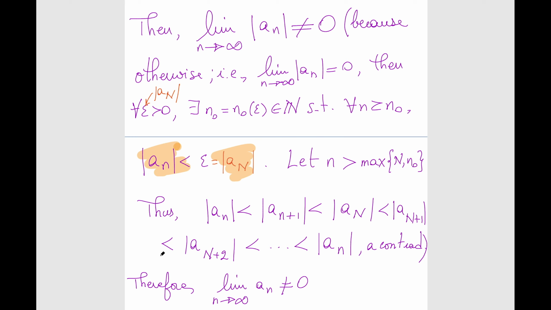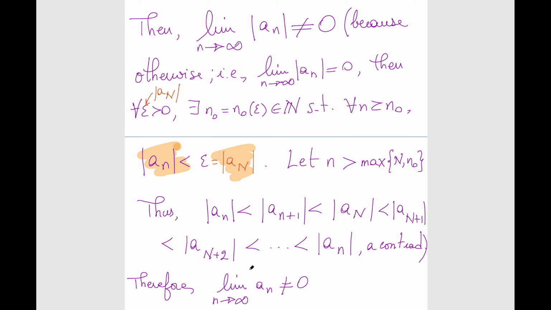This should not be 0. Why? Because if this is actually 0, by the continuity of the absolute value, this must also be 0. But that's not the case, right? I know that the limit of the absolute value is not 0, so this cannot be 0 without the absolute value. One more time. Why? Because